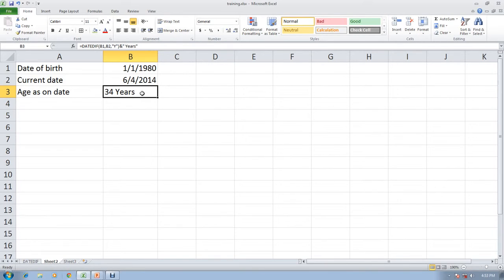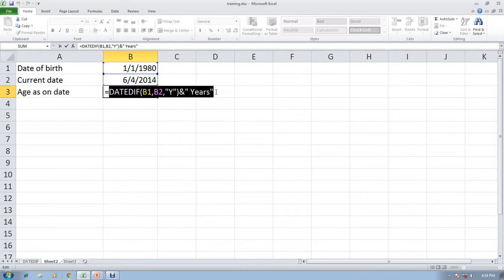And I will extend this formula to the number of months and number of days. How to extend this? You can use the same formula with a slight modification.